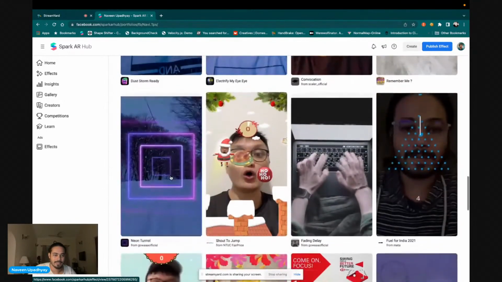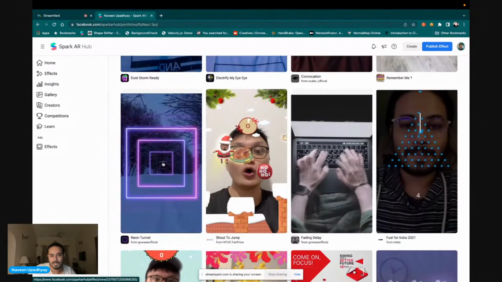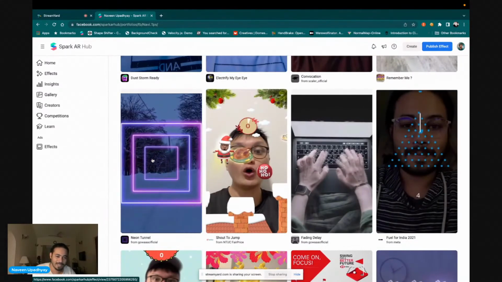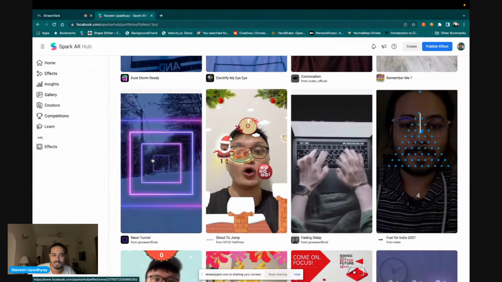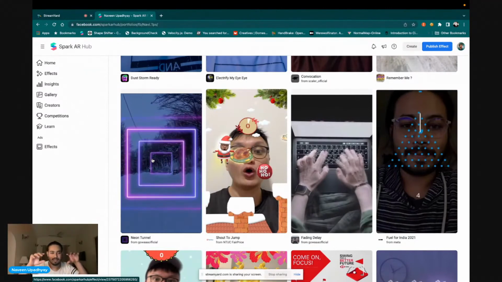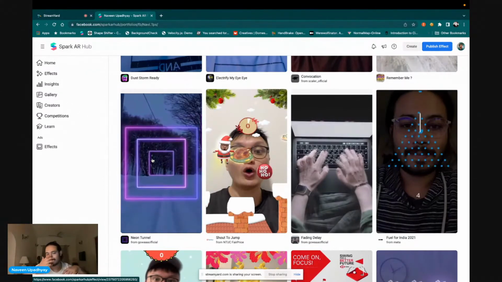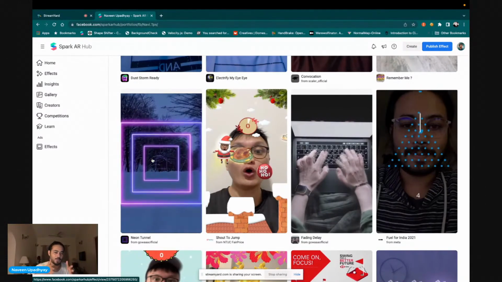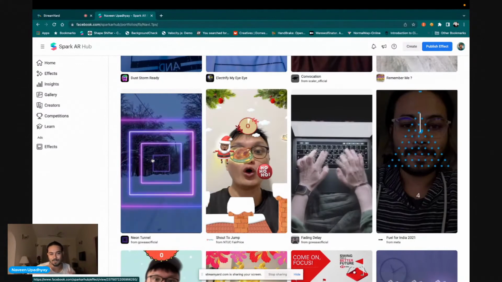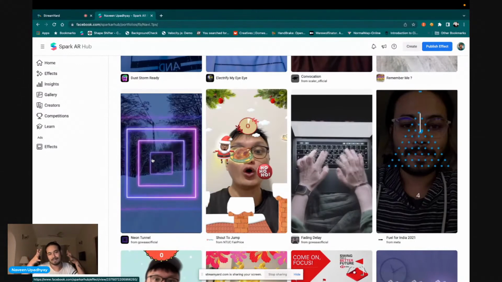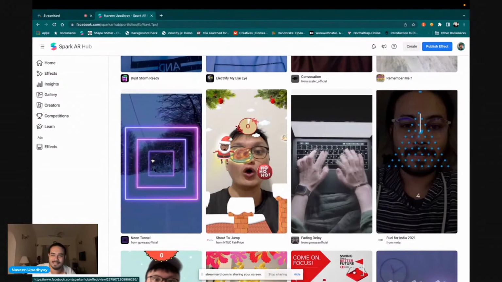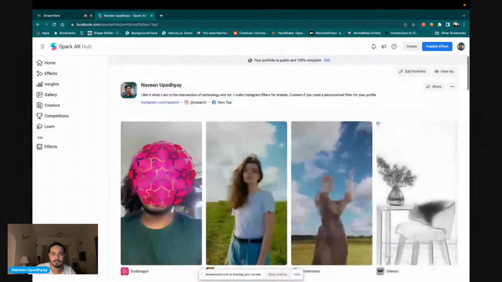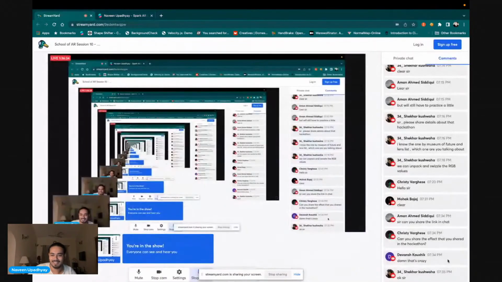This is also very interesting. Although it looks very simple, the squares are just coming off the screen, but this filter is compatible with Ray-Ban Stories. If you wear Ray-Ban glasses and you do cycling, your way is kind of like you go through these things, it looks like you're driving in a tunnel of squares, sort of. And yep, enough about my filters.